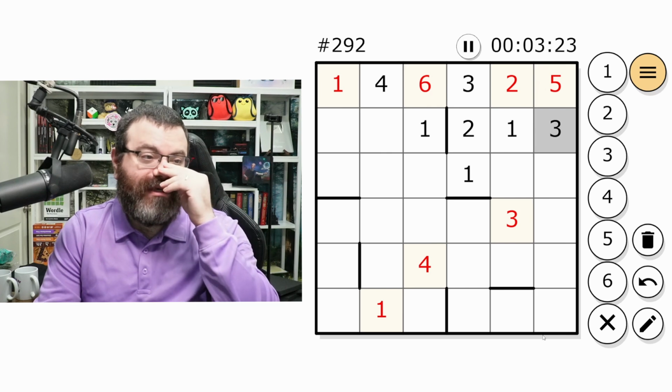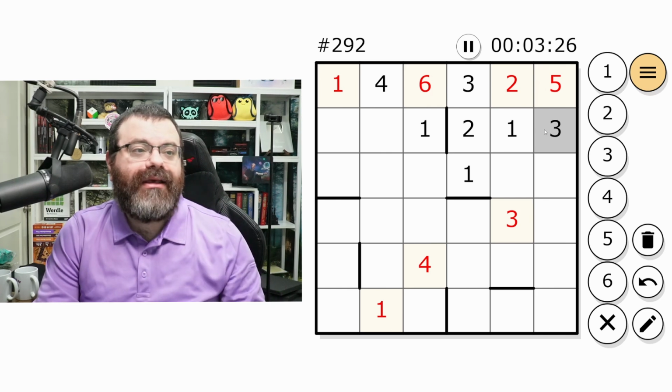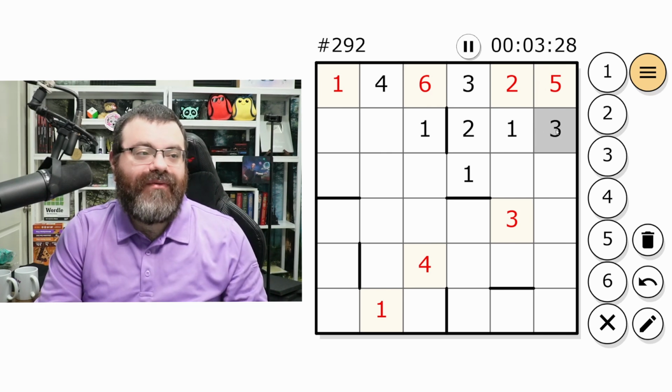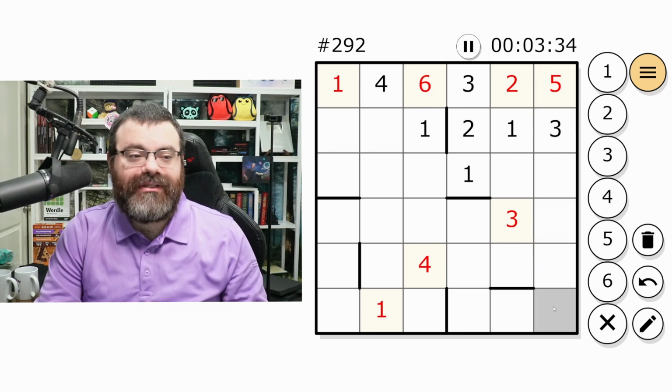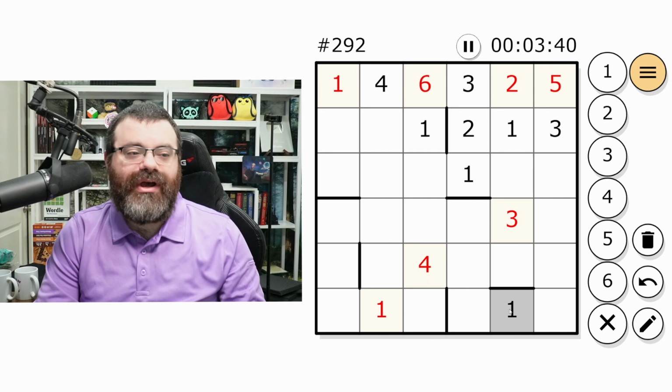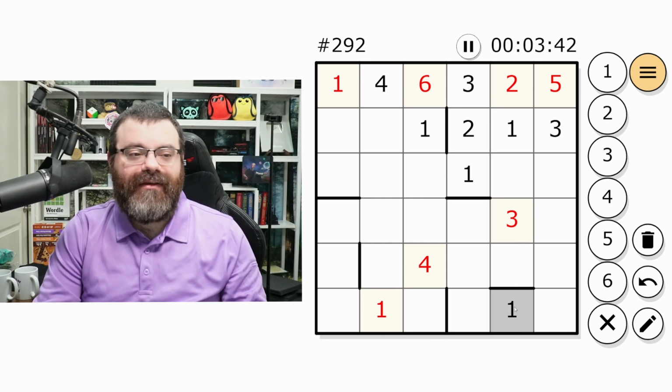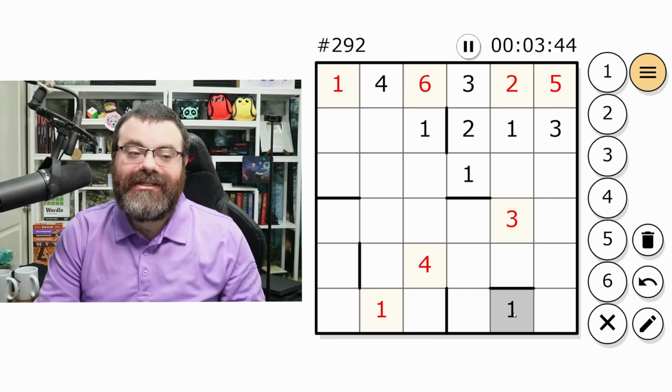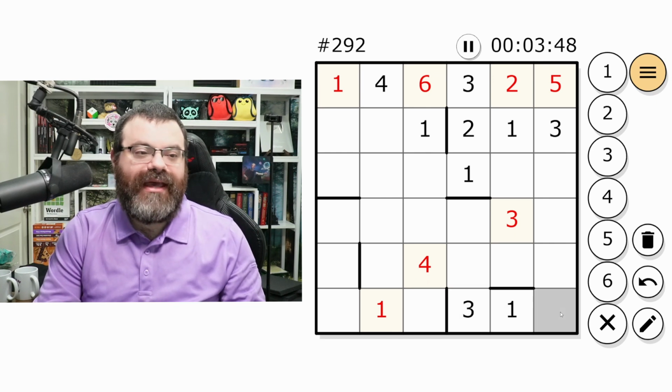Now we always want to be thinking about how to follow up on digits we placed. So this 3 we placed, for example, it looks down, it removes 3 from this cell, and this cell. Now this triggers something for me to look more carefully in this segment, because now that this can't be 3, I'm actually noticing that this has to be a 1 because it's a vertical segment that is 1 length, so it just has a 1 in it. And so now this can't be a 3, so this must be the 3, and that leaves just the 2